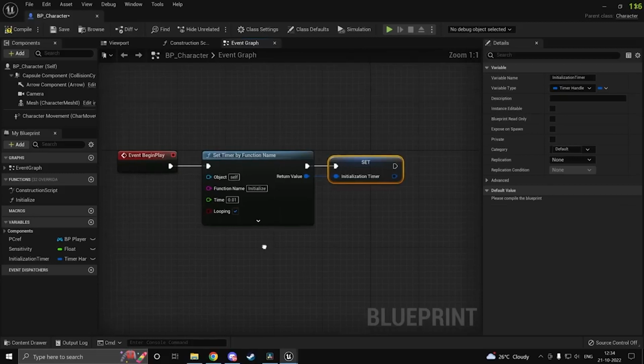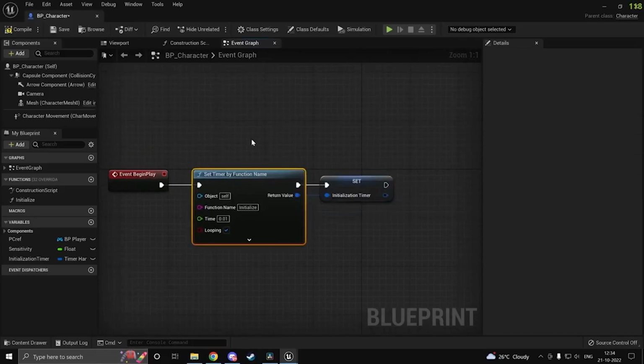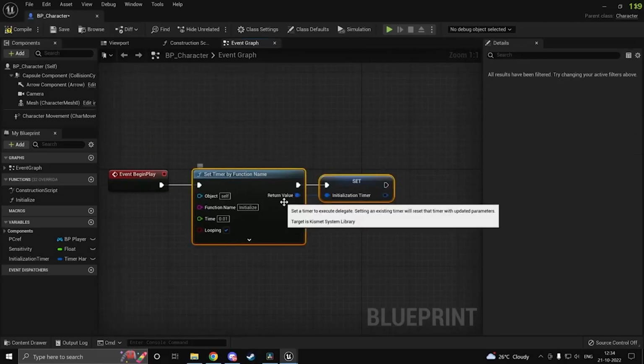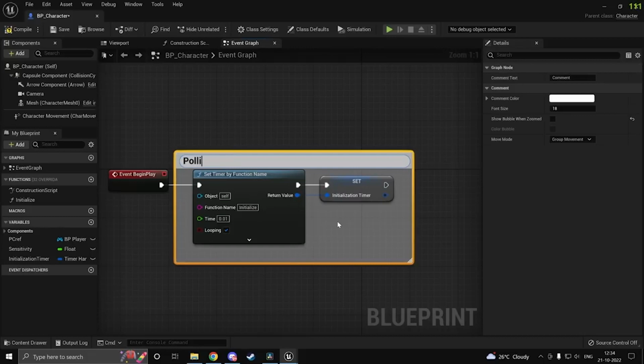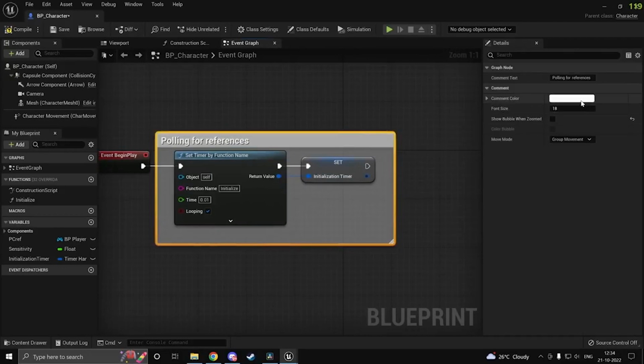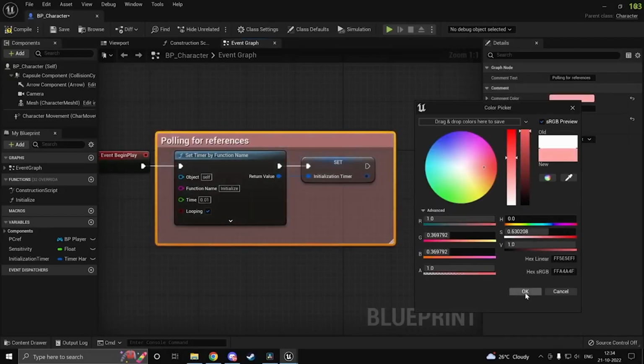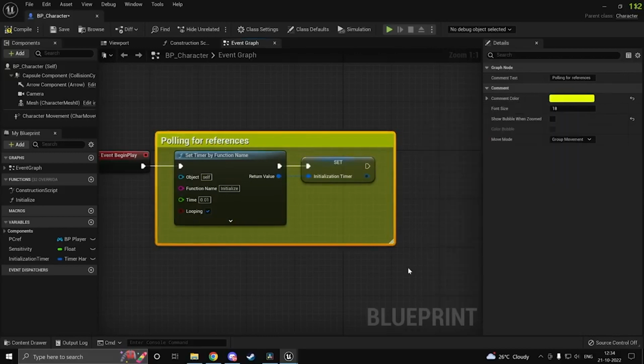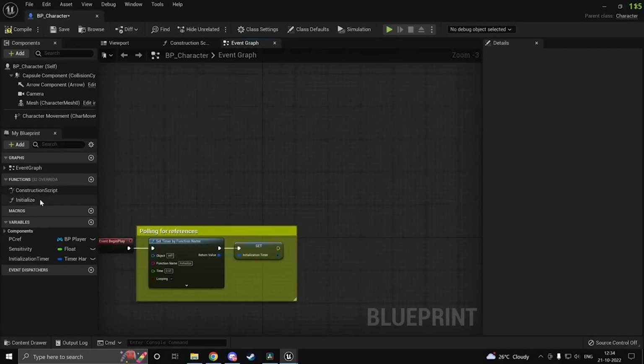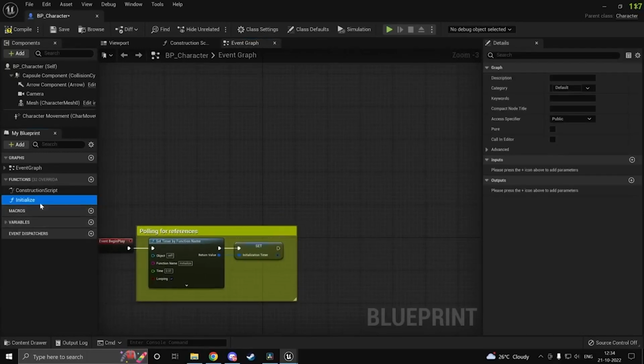Once we have that, this timer is now set, and we could just comment it out and call this one polling for references. Again, you could name it a little more descriptively. You could give it a color as well. That's one cool feature in Unreal. Honestly, you would never use it, but I just showed it. And under initialize,